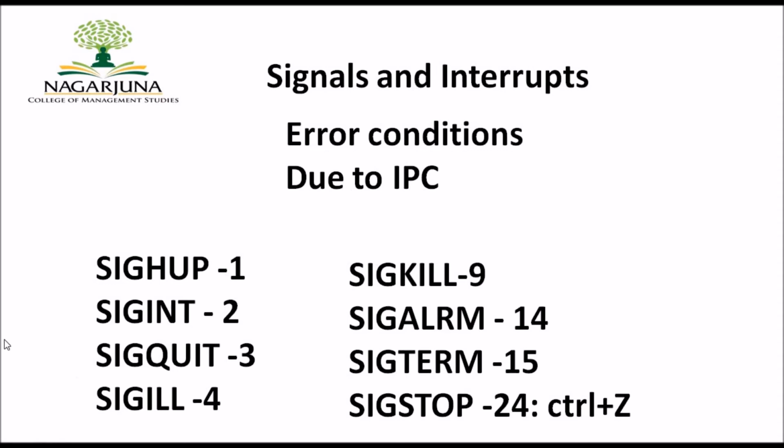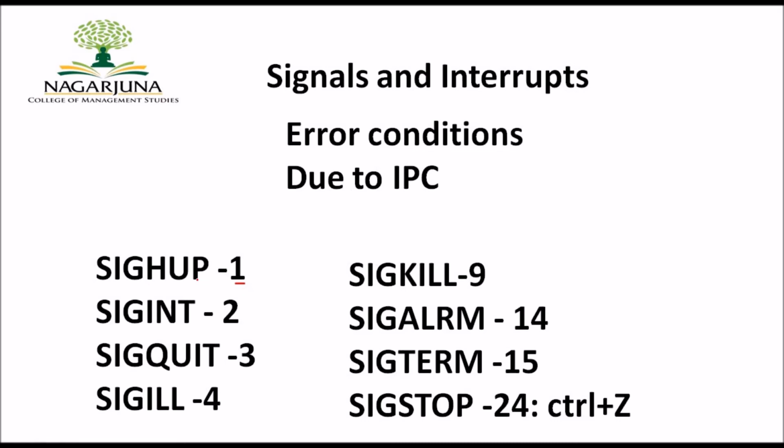We have different signals here. First one is SIGHUP. SIG stands for signal, HUP stands for hang up. Whatever number this represents is a signal number. This is not the serial number of these particular signals. All of what you are seeing are signals. So SIGHUP 1 represents the signal hang up.